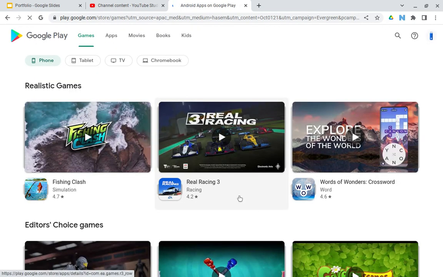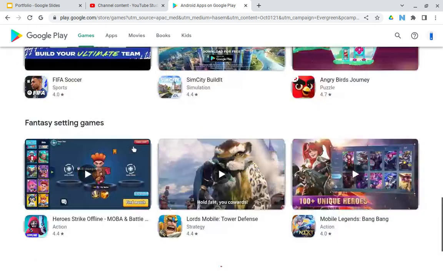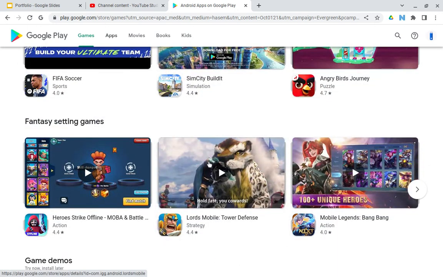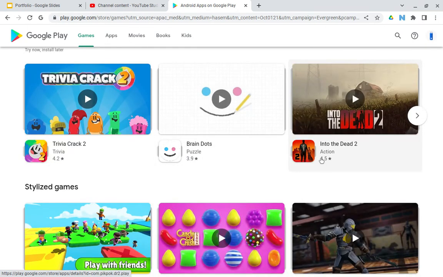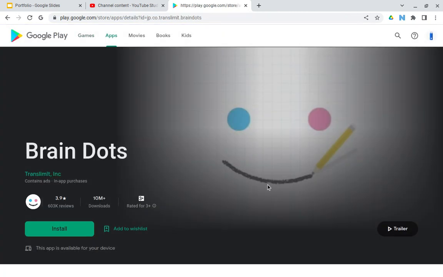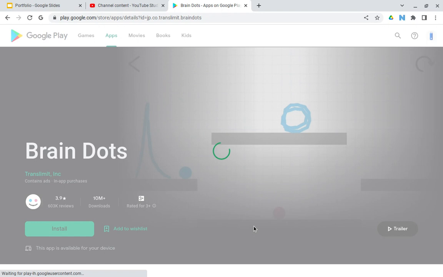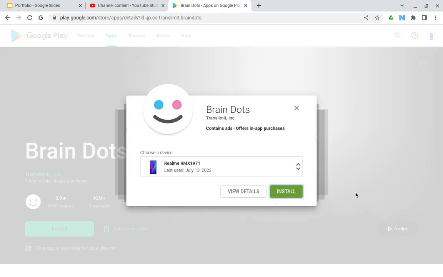Okay, this is the Google Play Store window, but let's try to install. We can open the Google Play Store, but we will try to install first some games. Okay, let's try to click this Brain Dots install. Okay, let's see. Oh no,